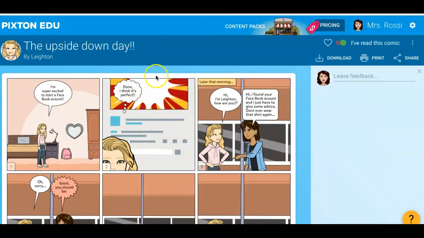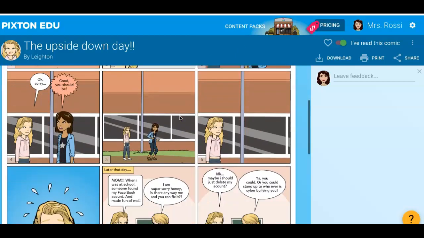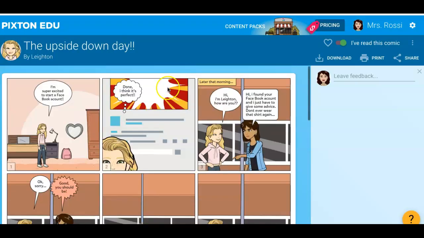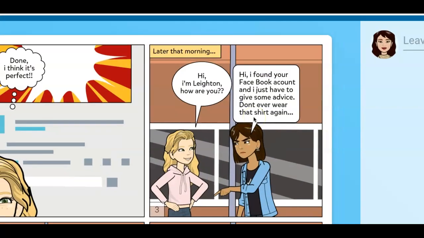So what she's done is she starts out with one scene. This is a really good example. If you decide that you are going to have a particular subject you're teaching, I recommend purchasing the content pack, because the content pack gives you all the background and it gives you additional characters and additional props. And here you can see she really got into making sure that